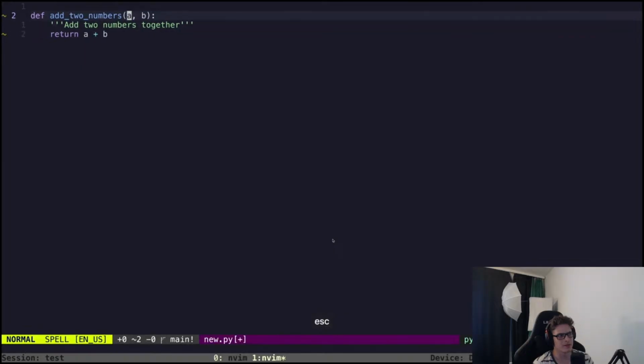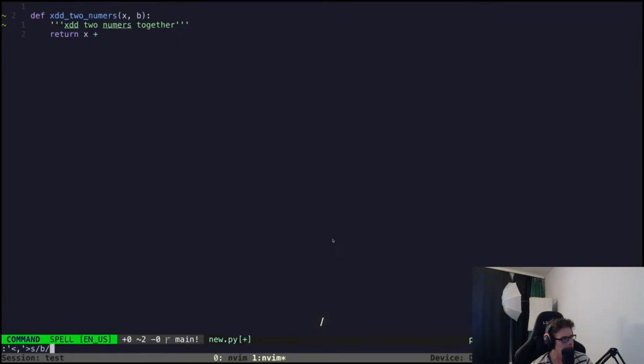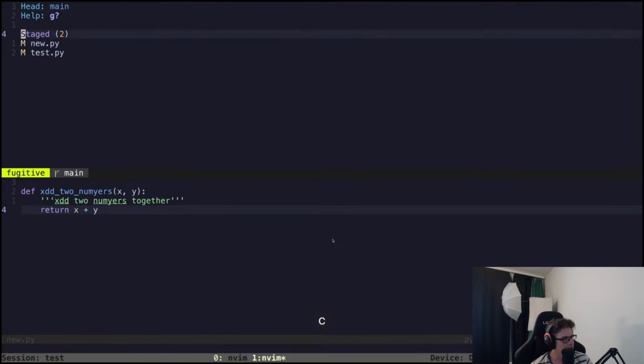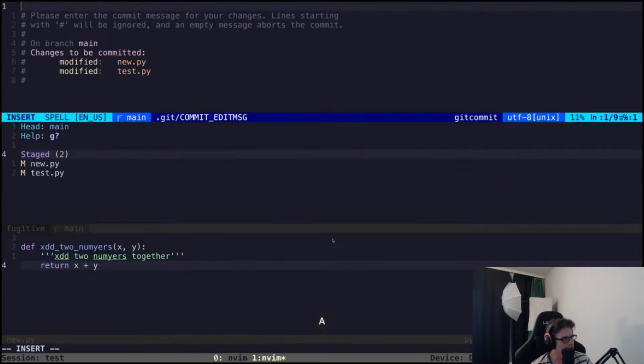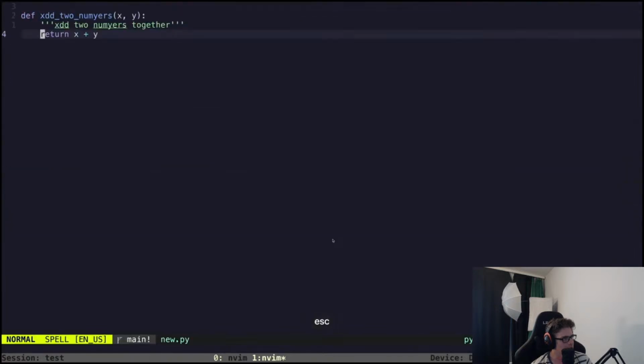Rename this to A and this to, well, let me do X and Y. So let's do A to X and B to Y. So I have two files changed. I'll stage them and do main commit as my message. So these are my two files changed in the main branch. Now if I go to git checkout